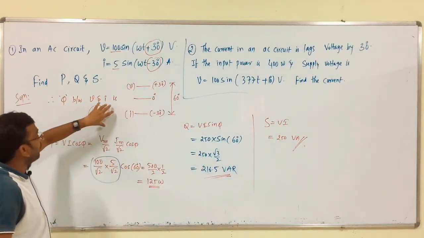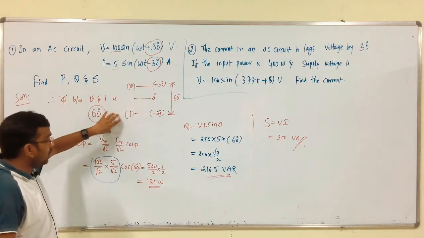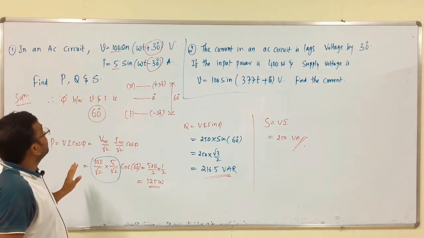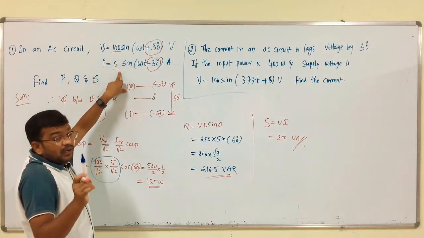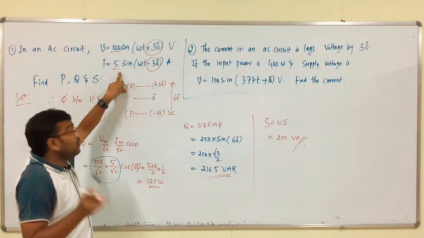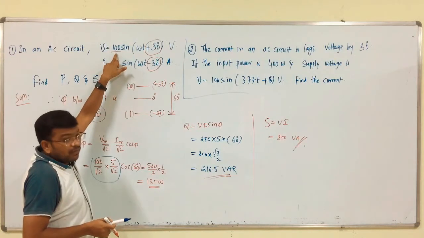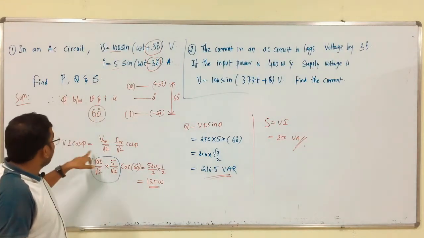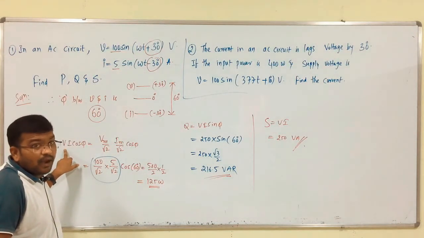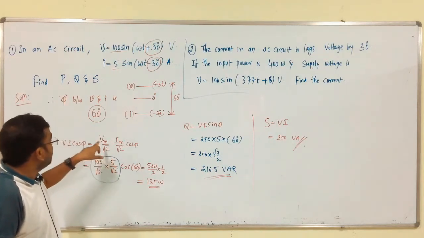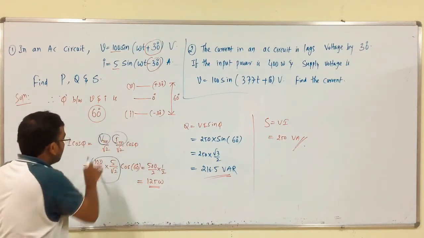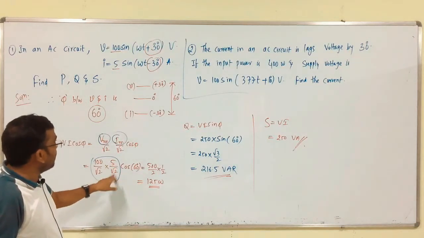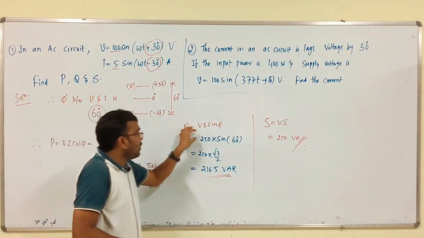First we have to calculate the power factor, then substitute the value of power factor into this. This is the maximum value of voltage, this is the maximum value of current, okay. So, we have to remember this is the maximum value, this is not RMS. If the problem gives maximum values, then we have to convert them into RMS, that is Vm by root 2 into Im by root 2. The given data is Vm and Im, that is why 100 by root 2 and 5 by root 2. Like this we have to calculate P, Q, S.